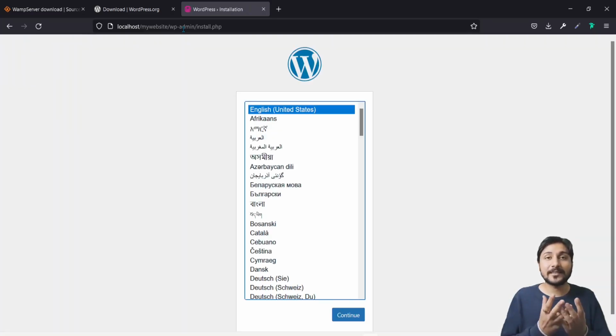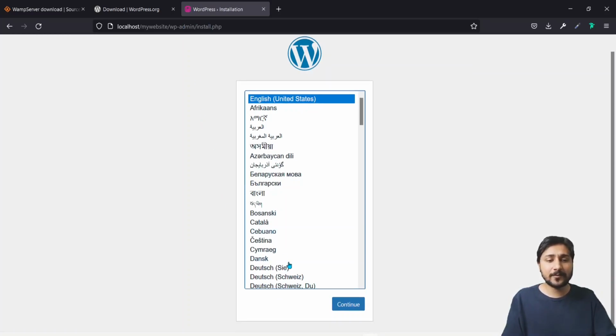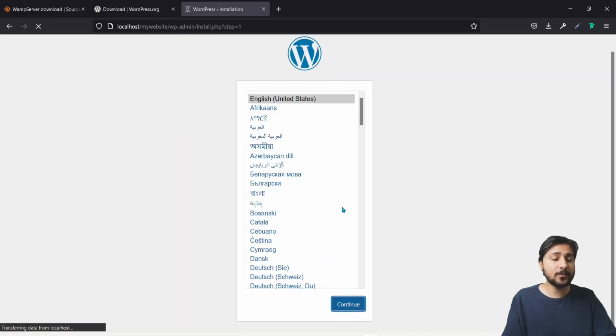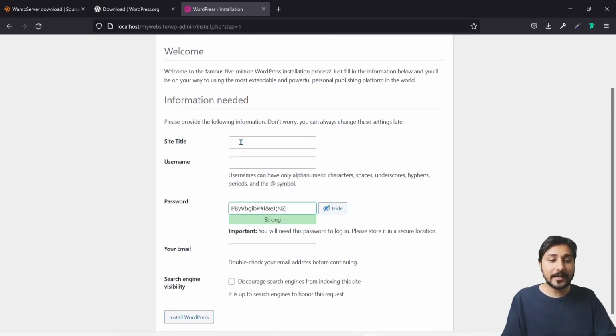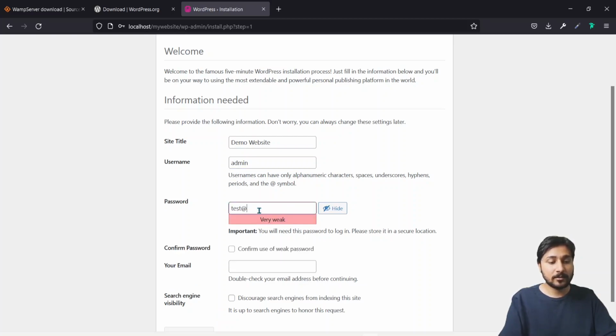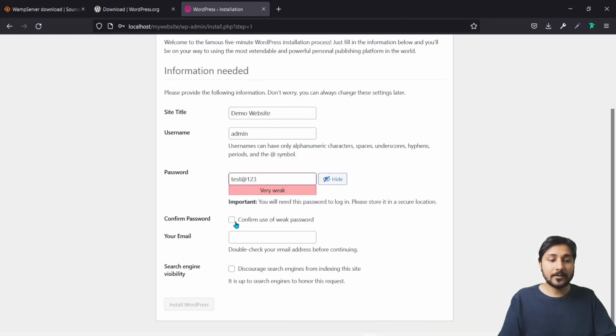So now we are at the right place. The WordPress installation has started. So it's going to be a basic configuration wizard. I just click on continue, and I can put in my site title. I can put in demo website, and I can put in the username, right? I can put in a random password, right? I can confirm the use of weak password in case that's what I'm doing. I can put in an email address,